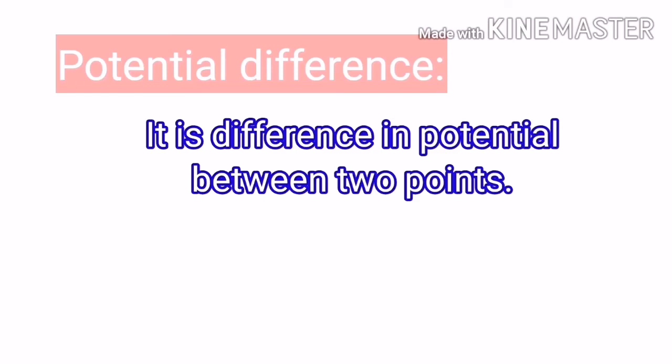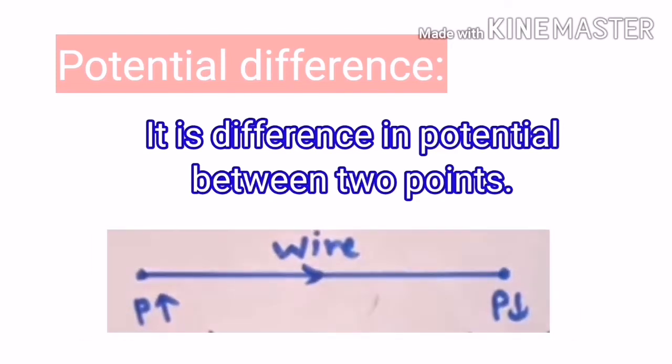But now in potential difference we use current flow. Students, listen carefully, I am repeating once again. In potential difference the current will flow. So how will the current flow? Think, students. Look at this wire. The current will flow when potential is high at one point, on your left-hand side, and low at the point on your right-hand side. Clear, students? Then only the current will flow.